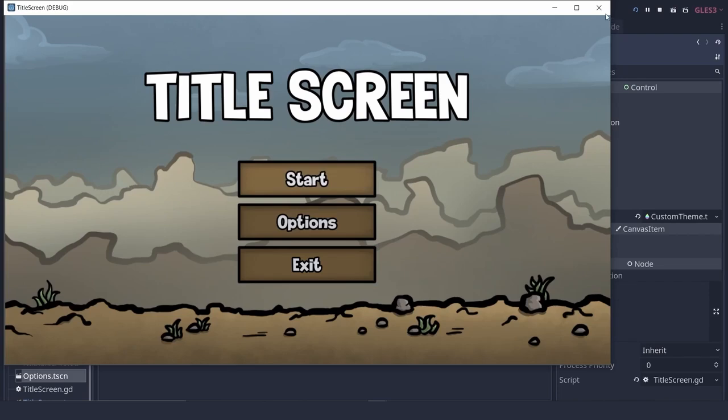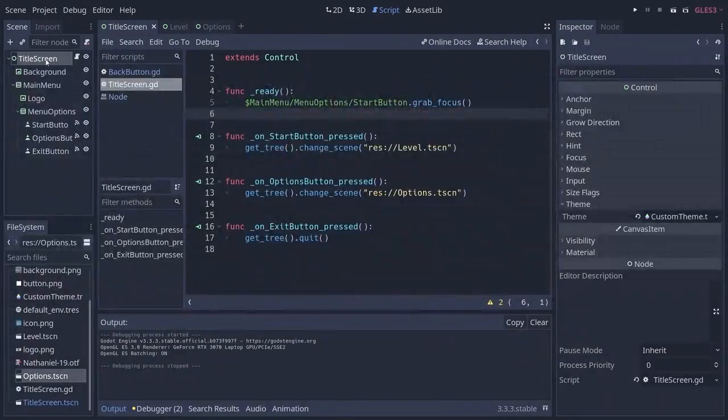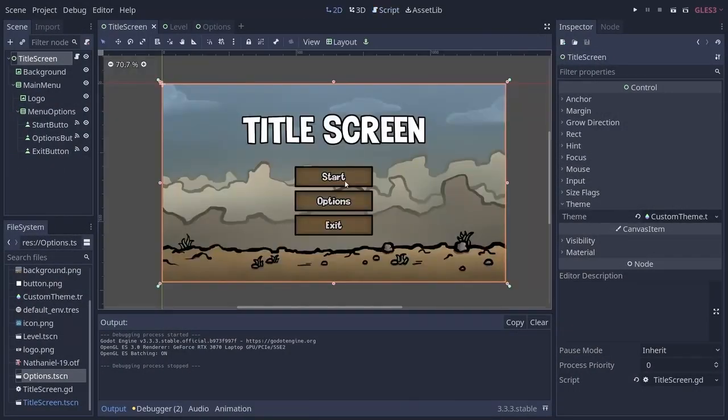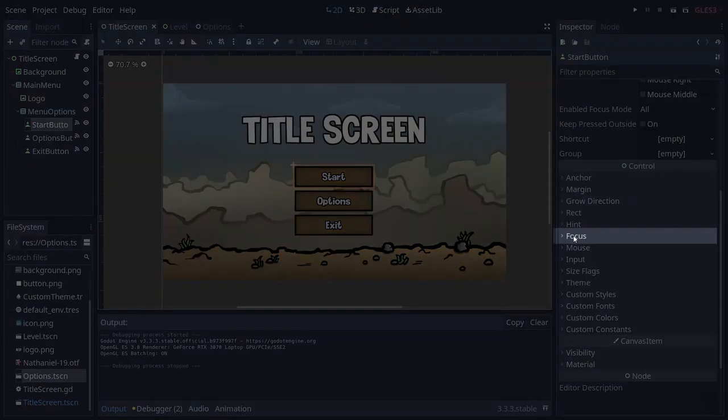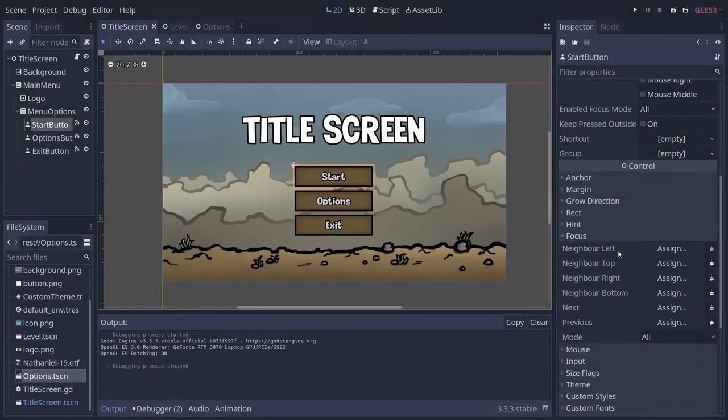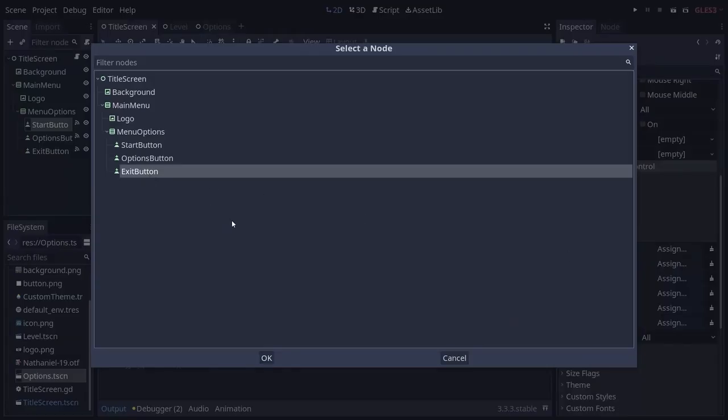So to fix that, it's fairly simple. I go back to my title screen scene, I select the start button, and in the inspector, I'm going to find the focus category. Inside of it, I have some fields called neighbor left, top, right, bottom. All I need to do is to assign the exit button as the neighbor top of the start button. This way, when we press up, the neighbor above the start button will be the exit button, so it will cycle. So if I click on assign for the neighbor top property, I can select the exit button